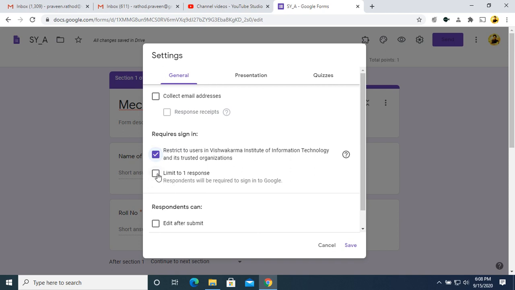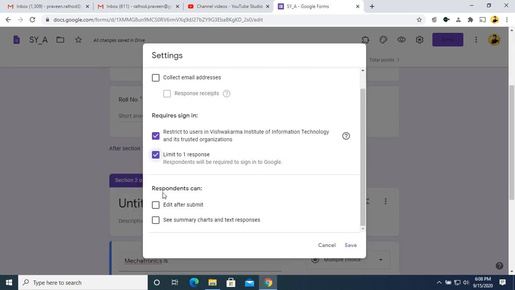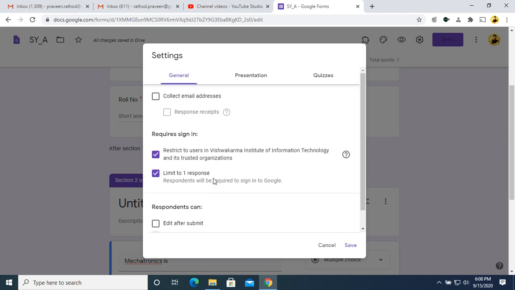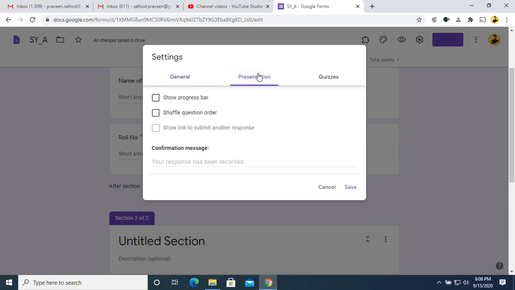The second thing is limit to one response; you have to click this. Respondent can edit after submit should be unchecked, because it should not be edited after submit. Seeing the summary chart and text responses, you need to keep on or off. This is the first settings tab you need to do.